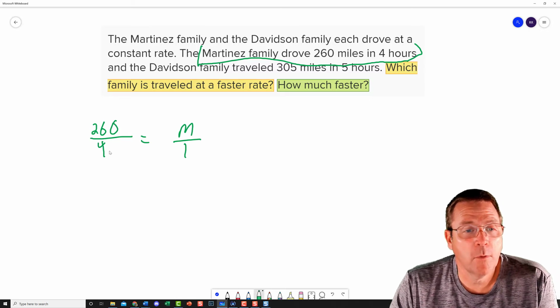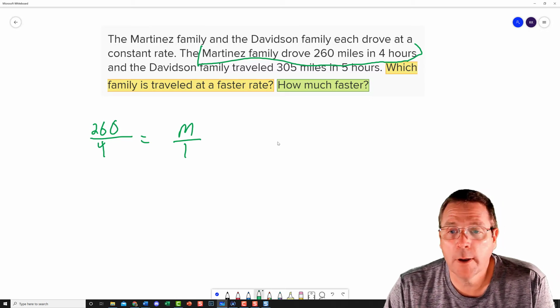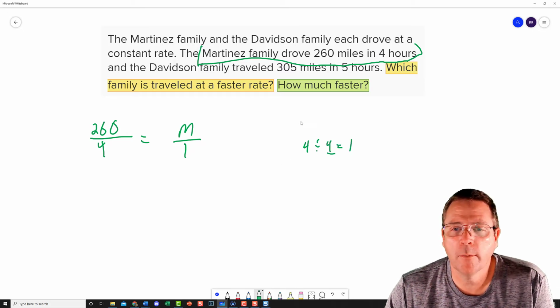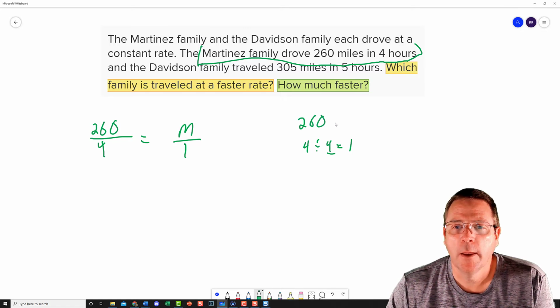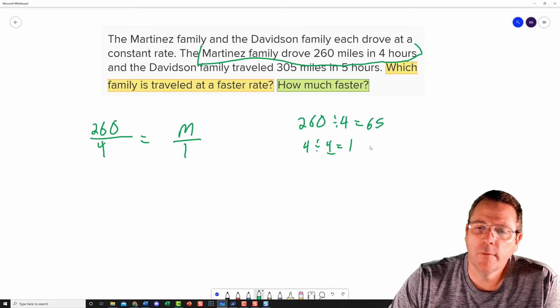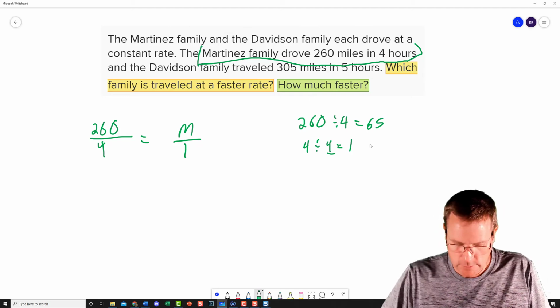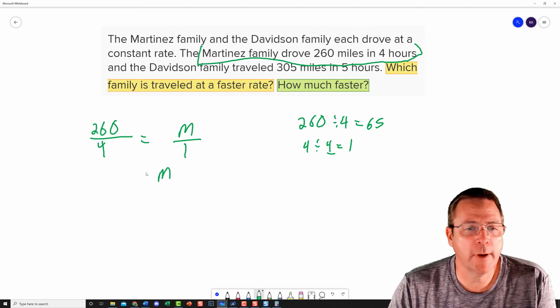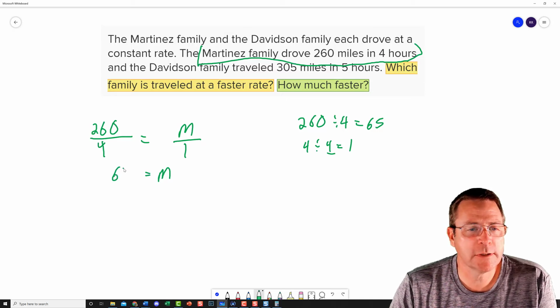From there I can say, well, what do I have to do to 4 to get to 1? I'm dividing it by 4, because 4 divided by 4 is equal to 1. If I do it on the bottom, I have to do it on the top, and 260 divided by 4, that is going to equal to, let's see, 65, I believe, if I did that one right. Let me check it. All right, that was correct. So my answer for the Martinez family is that they were traveling 65 miles in 1 hour, also known as